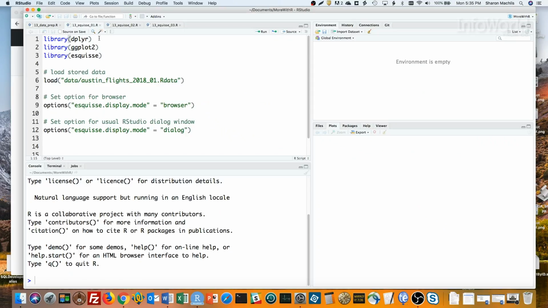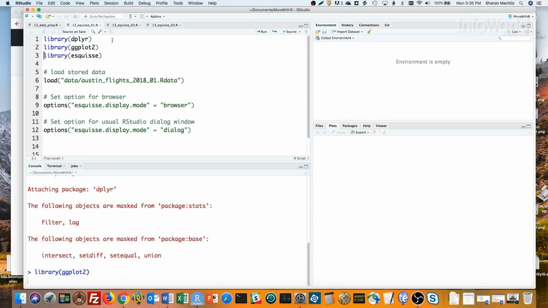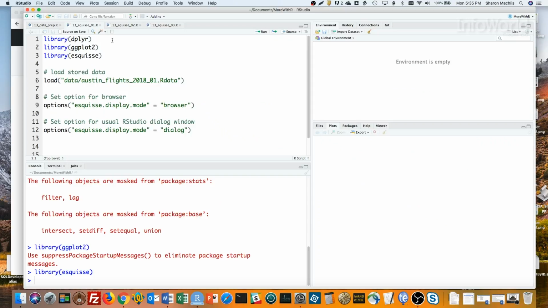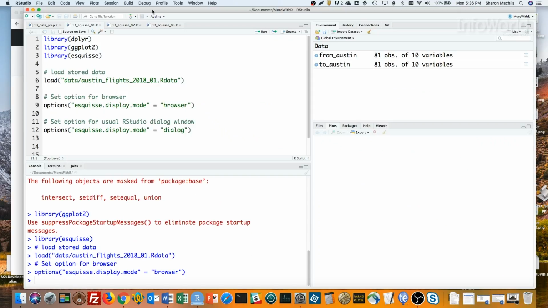You can open Esquisse ggplot builder from the RStudio add-ins menu. The default behaves like a usual add-in, but you can also open it in your browser if you want. Just set the R option Esquisse.display.mode to browser. Let's do that. Load the data, set my options.